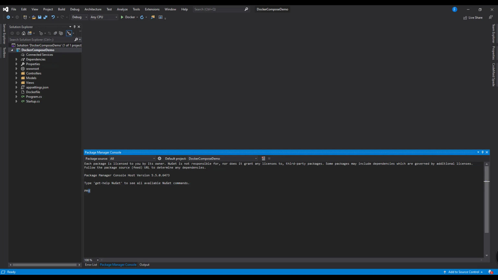To run this Scaffold-DbContext command, we need to give a connection string to it. So let us do that. Scaffold-DbContext. Give the connection string here.